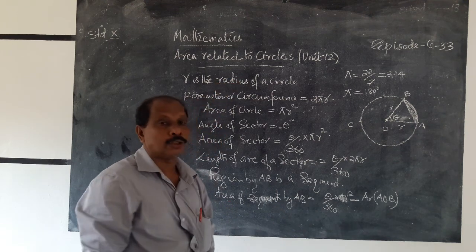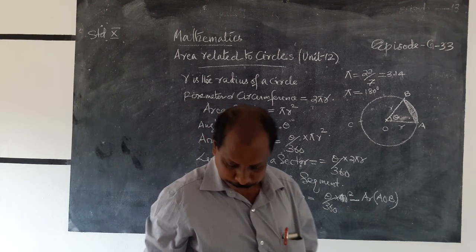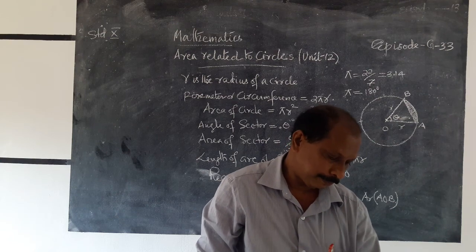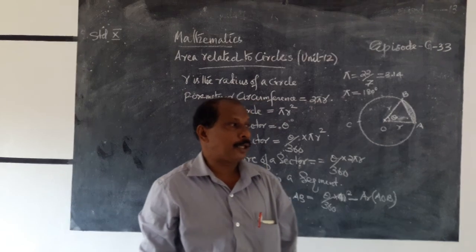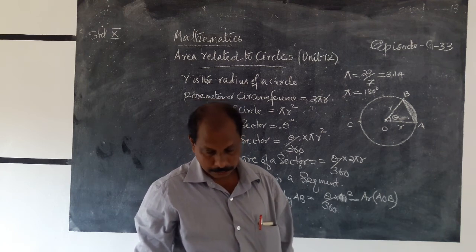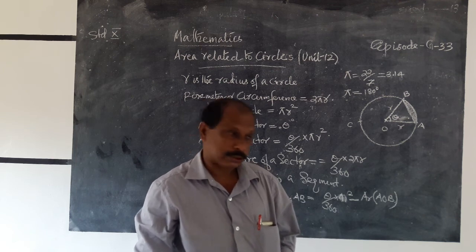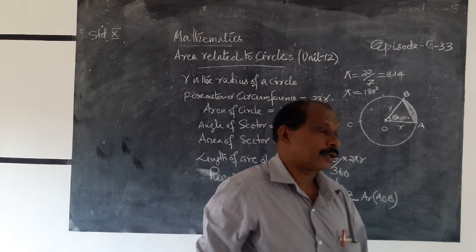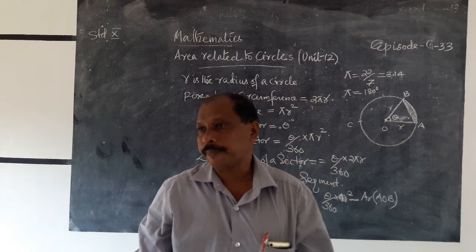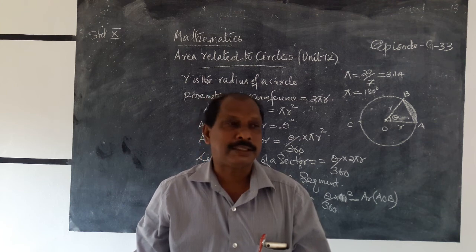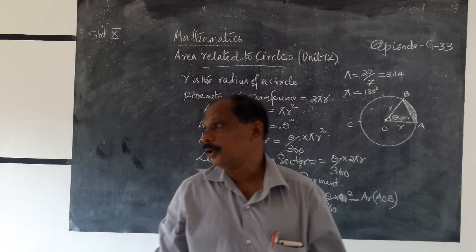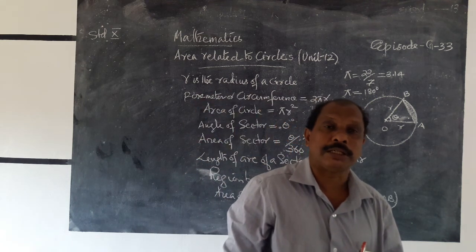These are the key points or main points of this chapter. R is the radius of a circle. Then the circumference of the circle is 2 pi r, and the area of the circle is pi r square. A part of a circle with an angle at the center is known as a sector. If the length of the arc of the sector is less than that of a semicircle, it is a minor sector. If more than the semicircle, it is known as a major sector.